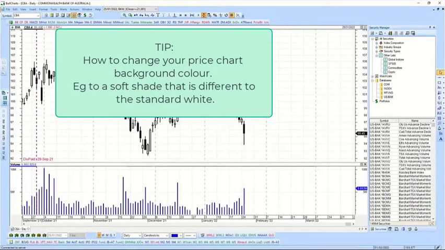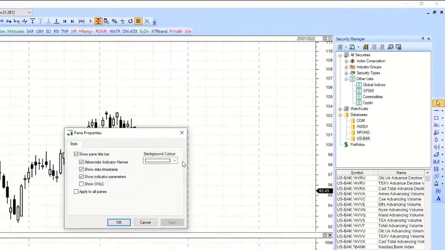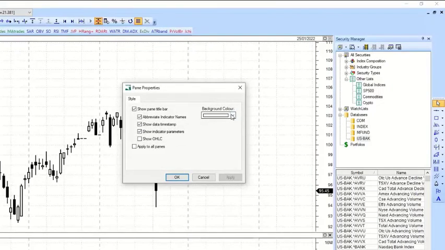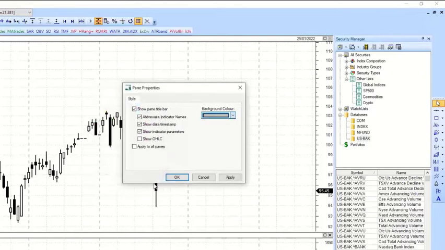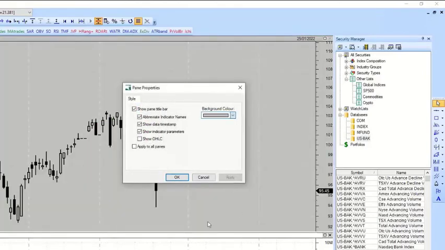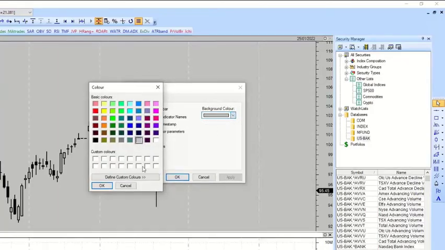For people who spend a long time looking at charts, I assume they're aware they can soften the color of their screens. If you right-click on your screen and go to the bottom of the pop-up, you get pane properties, and you can then pick a nice soft color. I've got my screens and my indicators at the bottom in a very, very light gray. But gee, it makes a difference when you spend a long time looking at the screen.